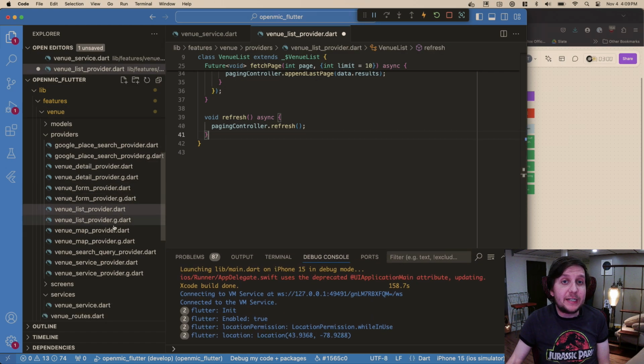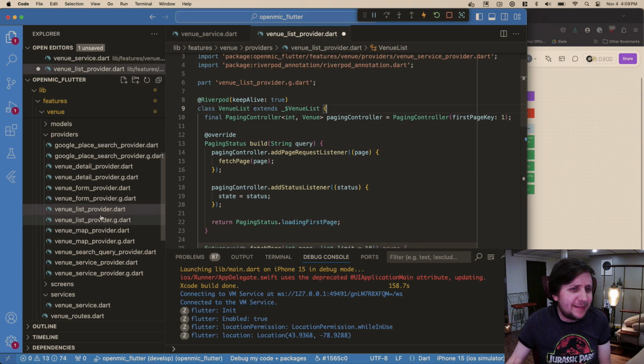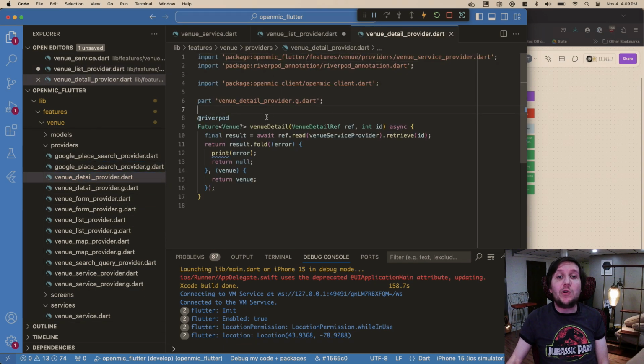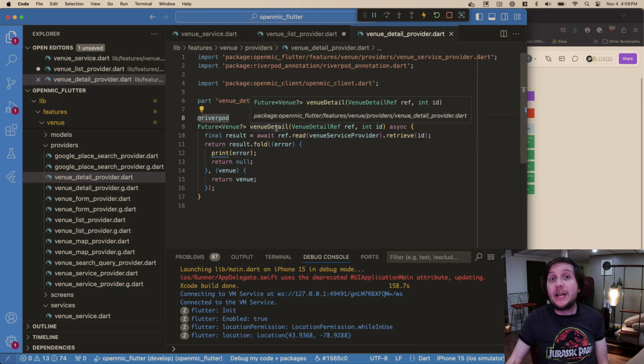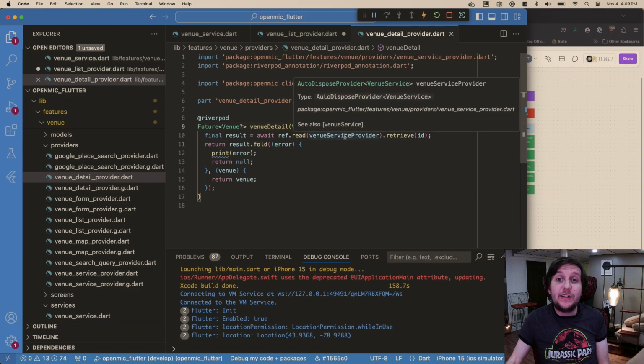This is just a notifier provider, or some state notifier. But on our detail providers, this is a really nice pattern. We have this Riverpod annotation here, so we can go venue detail, and we can call this anywhere in our UI, wherever we're using a consumer. We get the venue service provider and retrieve based on that ID.